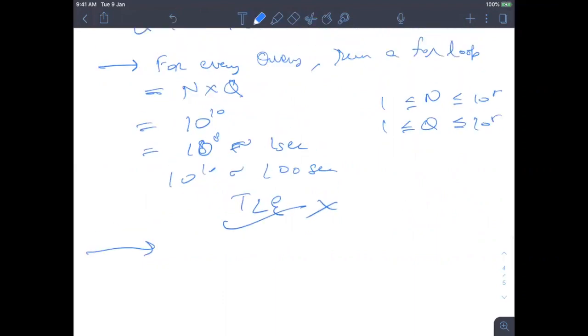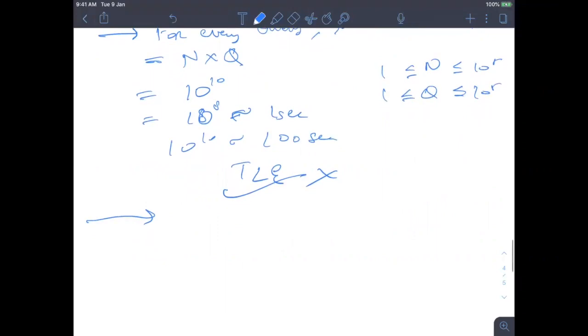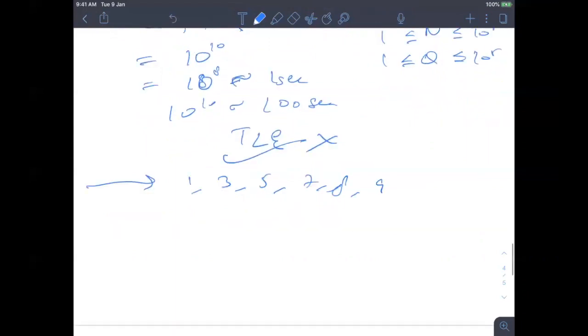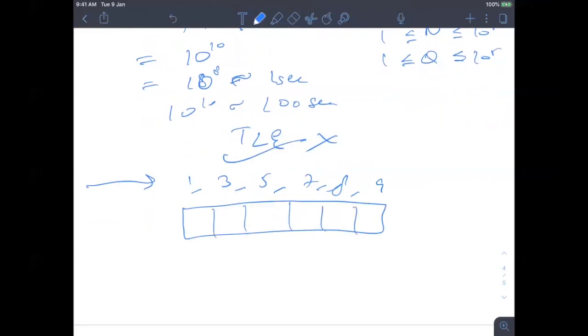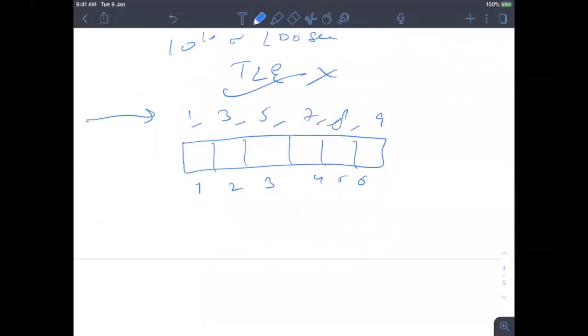Now again, we'll use some XOR properties. For 1, 3, 5, 7, 8, 9, what we can do is store some cumulative XOR. Let's say this is the first index, second index, third, fourth, 5, 6.